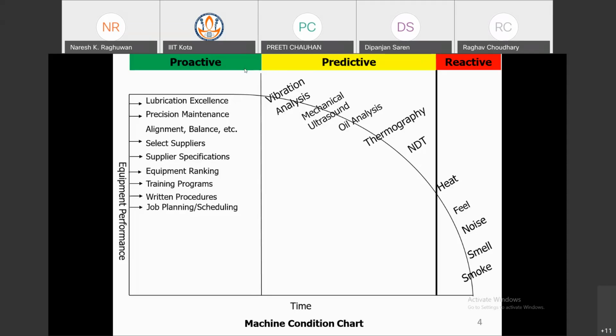Out of these predictive maintenance techniques, the vibration analysis technique is mostly used in industries, because of low cost and finding the fault at an early stage, just after good health, when something goes wrong, the vibration analysis will predict that something is wrong in the machine. So predictive maintenance is generally done with condition monitoring techniques. I hope this chart gives you an overall idea about the machine condition.